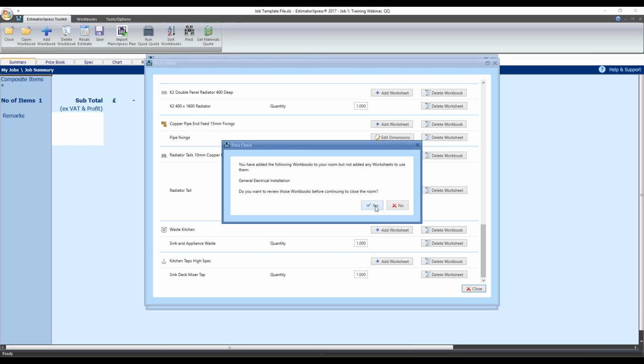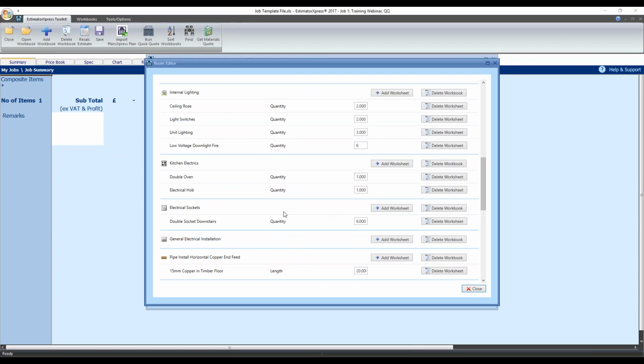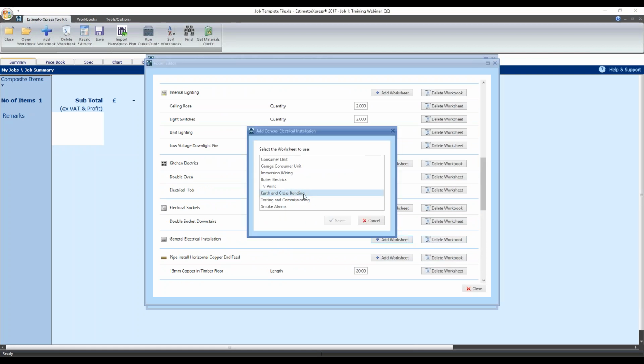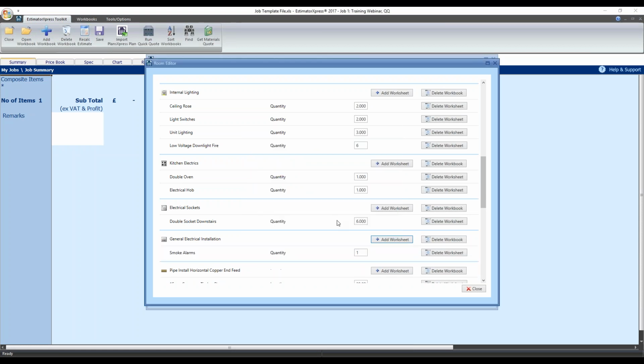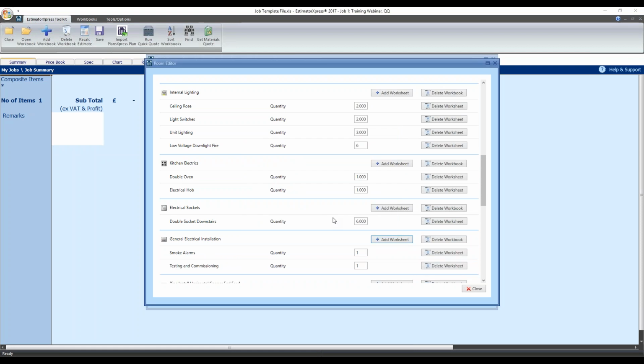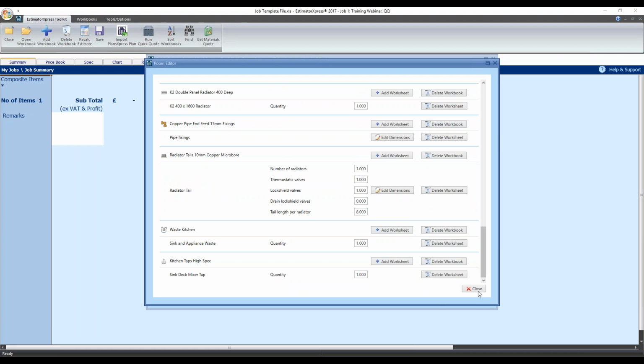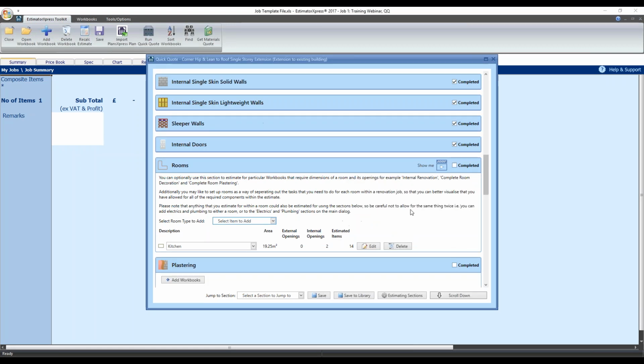So general electrical installation, I say yes, and it will prompt me to check out my general electrical installation. I've got no worksheets now. I don't need any of that. I don't need TV points, consumer units. I may actually add a smoke alarm into the kitchen. That's not a bad idea. Let's do that one. We could even add testing and commissioning while we're here. Okay, so it's prompted me. I've gone back, revisited, and made sure that's added. I'm happy with everything else. Click OK, and I've now got the kitchen